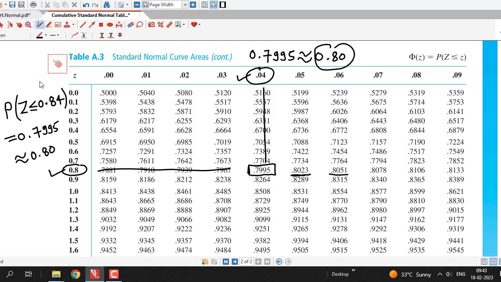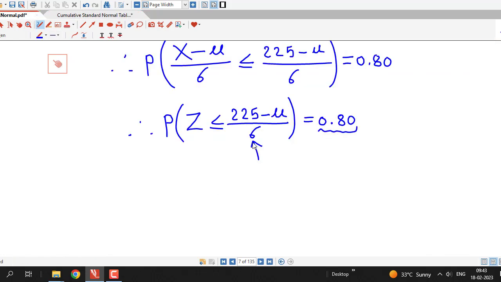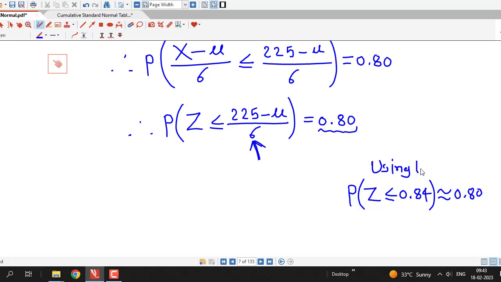So this is our value 0.84. We obtain from the table that probability that Z is less than or equal to 0.84 is approximately 0.80, okay, using standard normal table. So because we have 0.84 corresponding to 0.80 area,